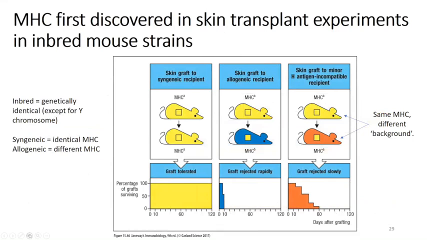Finish up with a bit of clinical stuff. So the MHC's function is to present foreign peptides to T cells. Then there's tissue transplantation. Now, tissue transplantation is a different matter. It's a tissue graft, but that was how it was discovered. So if you take inbred strains of mice, which means that they're all genetically identical,